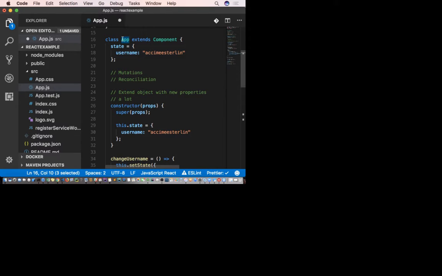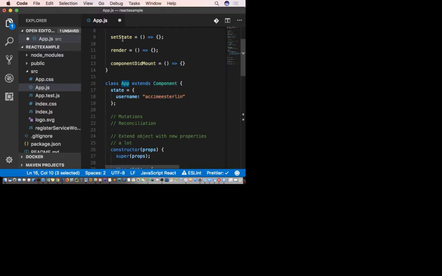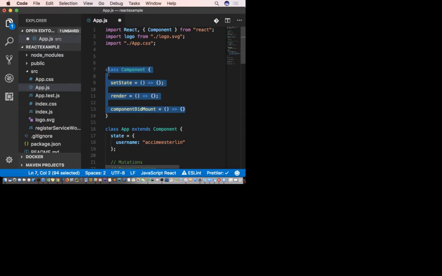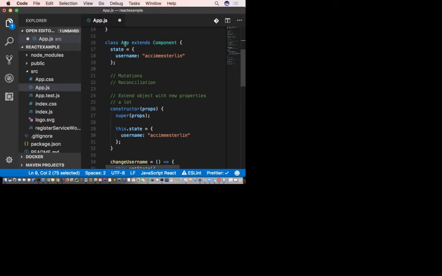Here's what it means. Every function or every method that was in the Component class is now available in the App class. Does that make sense to everybody now? Any questions?